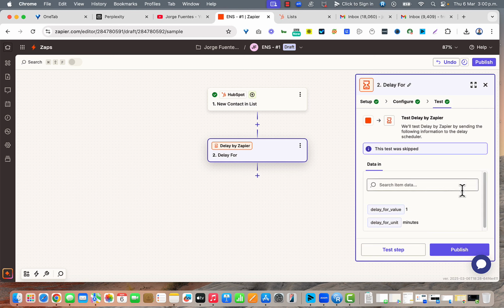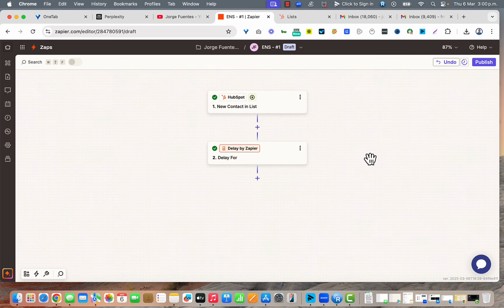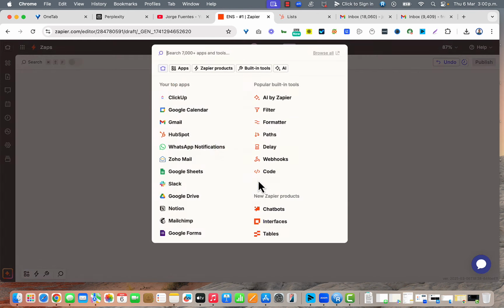So let's actually skip that test for the delay. It should work there. I'm just going to close this out, and now here comes the best part, right? Where we connect our email account in order to send out those emails, right? So now, do know that this functionality, I'm going to click on more here for the next action, and do